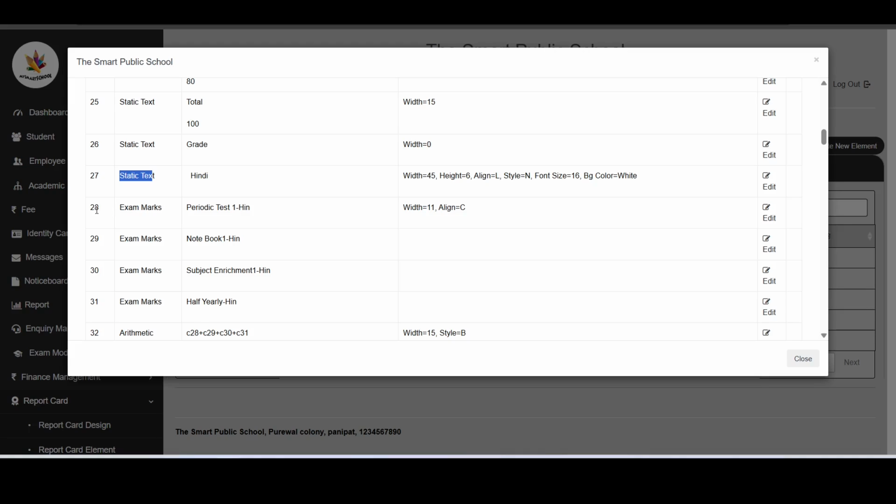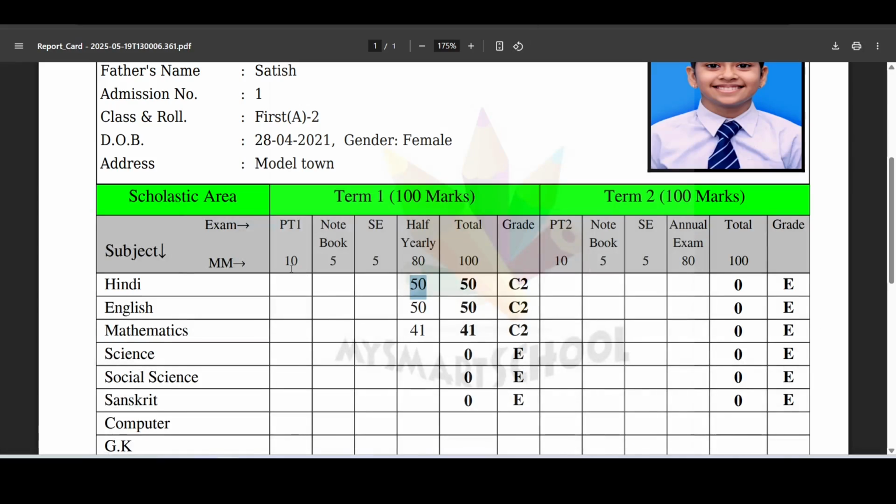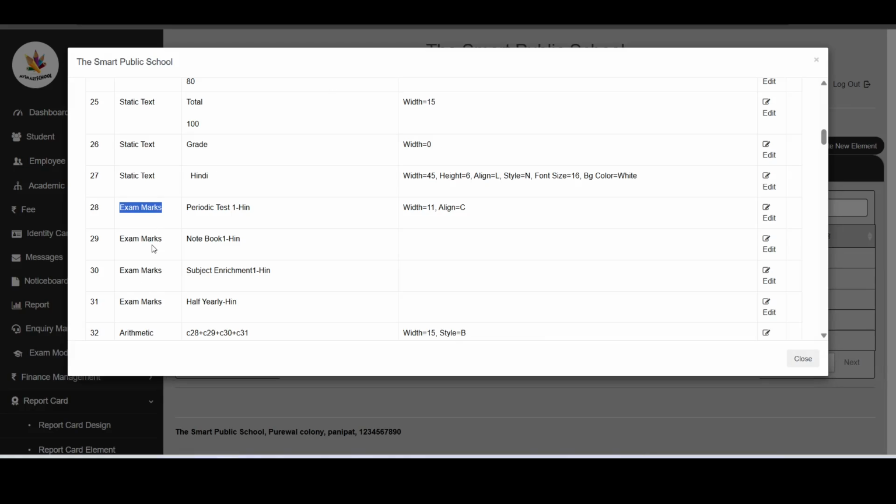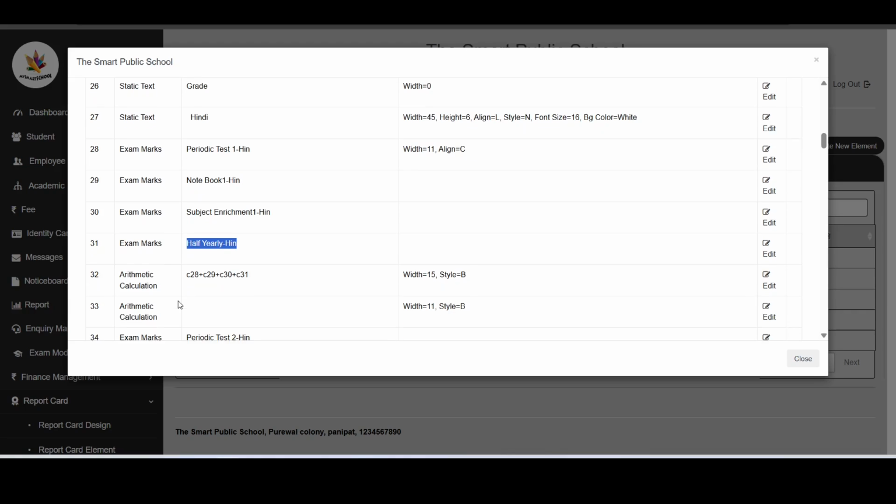Then on the next cell, exam marks, you will see periodic test, Hindi. So here the exam marks of PT1 of the Hindi subject is given. In the same way, you can create the next marks, notebook for Hindi, subject enrichment Hindi, then half yearly exam of Hindi.